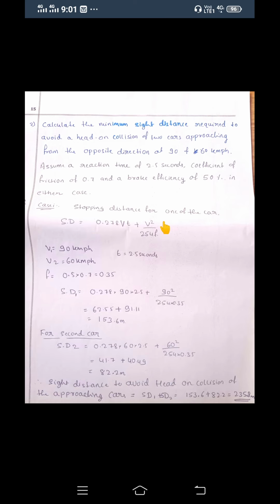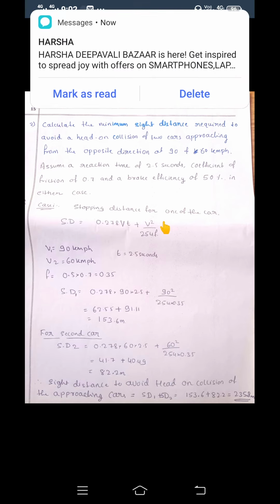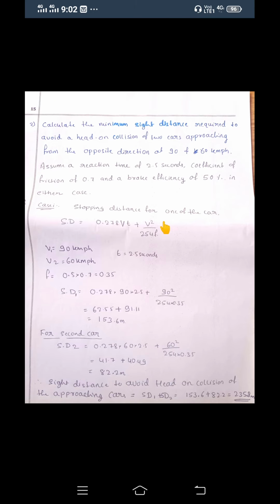When the speed of the vehicle is more, you require more distance to stop the vehicle. Again, how is it related? It is related to your brake efficiency. No vehicle has 100% brake efficiency. 100% brake efficiency means that whenever you apply the brakes, at that moment the vehicle stops. After applying, it will take time, which means it has a certain efficiency, that is the efficiency of the brake.